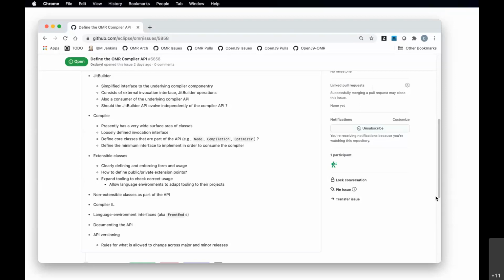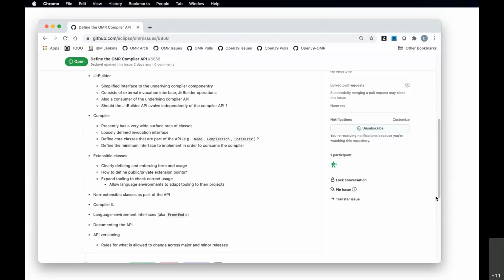Actually, you made me think of something as you were talking: there are kind of different parts to the API for different use scenarios, compiler implementers, people who would implement changes to a compiler or add things to a compiler. Some people are trying to build a different front end.